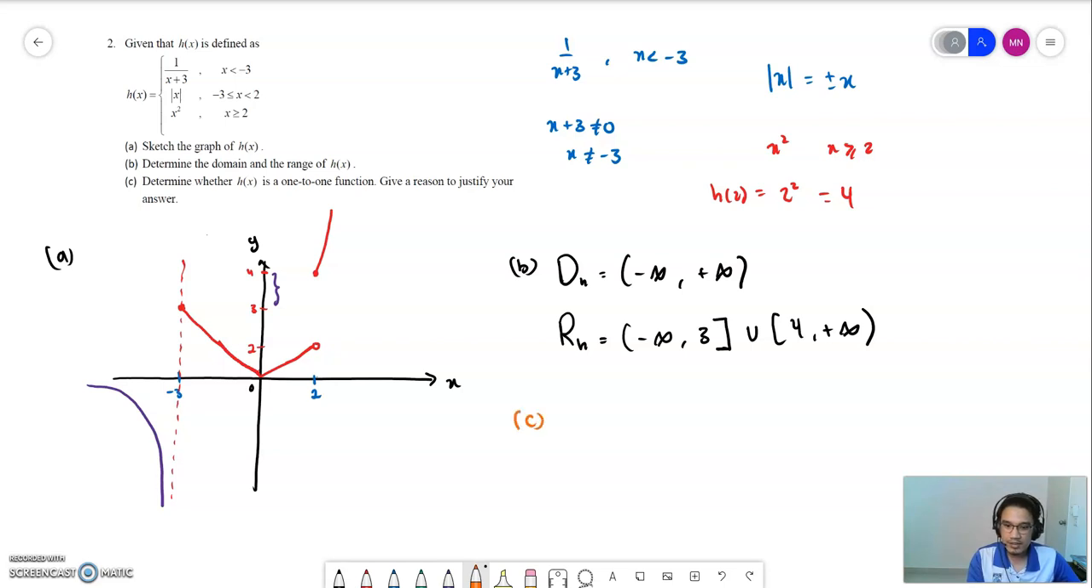Then for C, determine whether h(x) is a one-to-one function. Give a reason to justify your answer. h(x) is not a one-to-one function. The reason is that the value of x